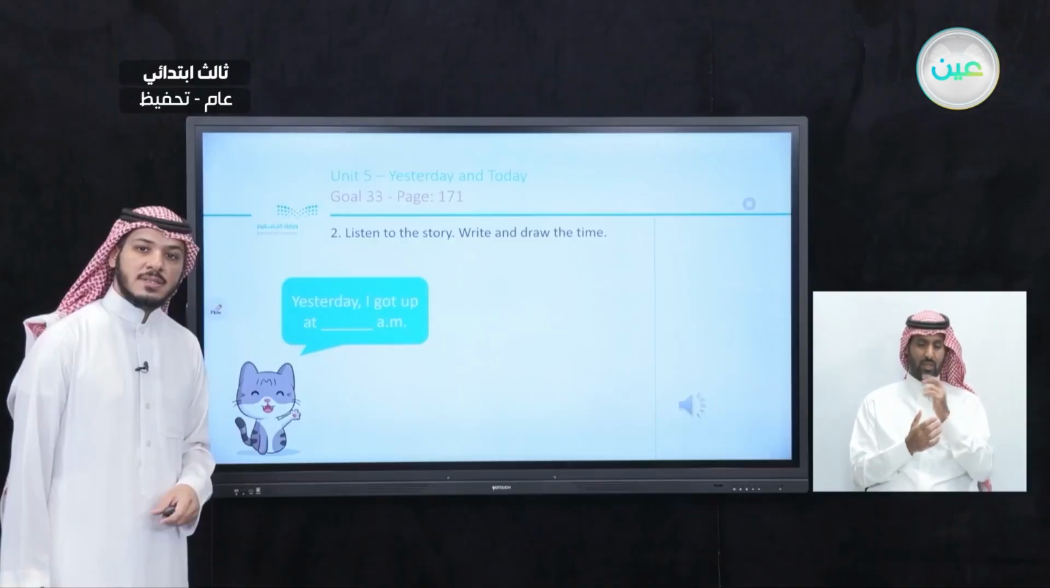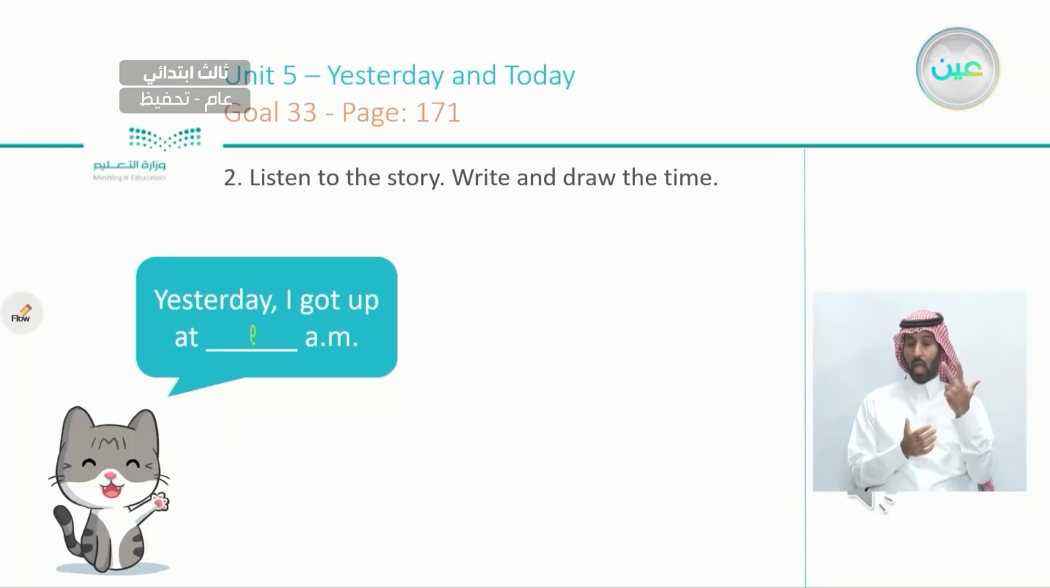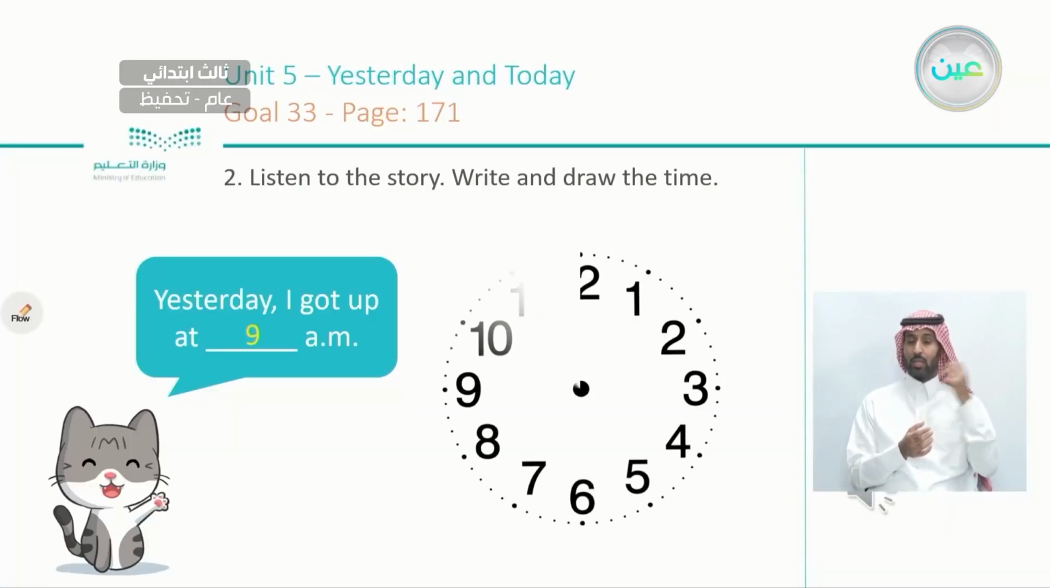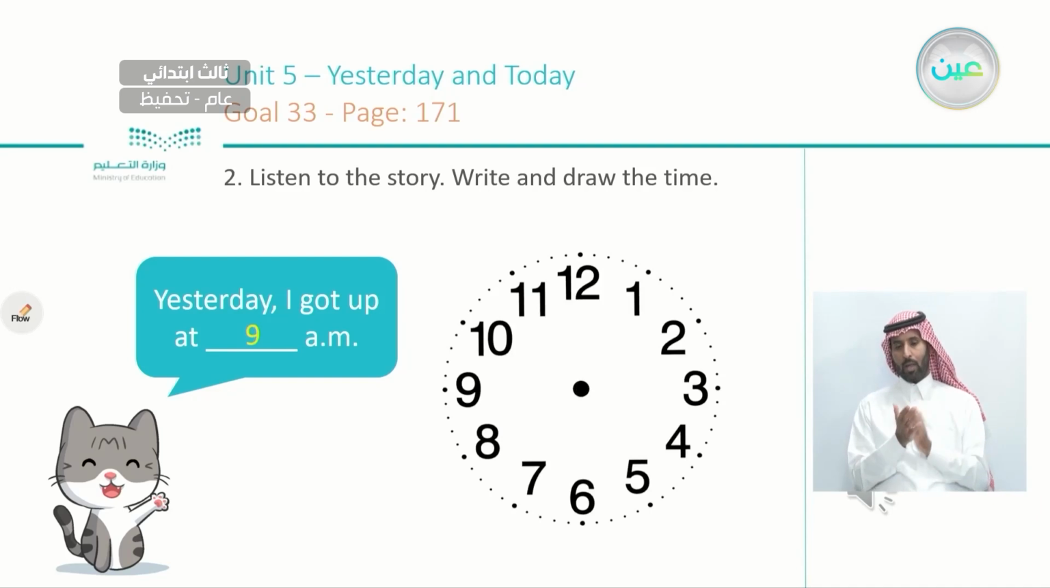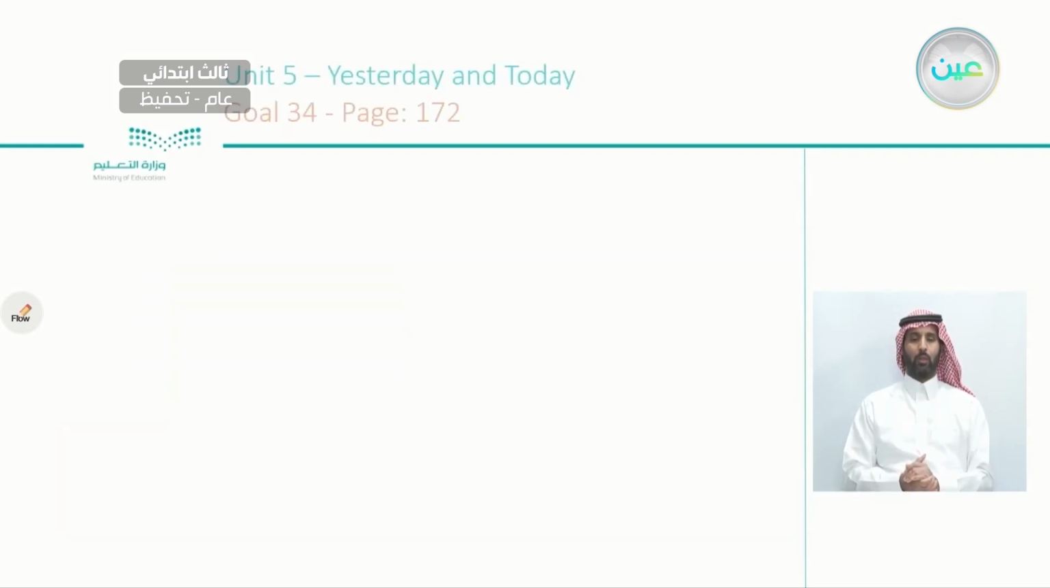Okay, what is it? 9. Excellent. So we have 9 a.m. Okay, let's draw it. So we have 9 and a clock like this. Excellent. Okay, now on page 172,